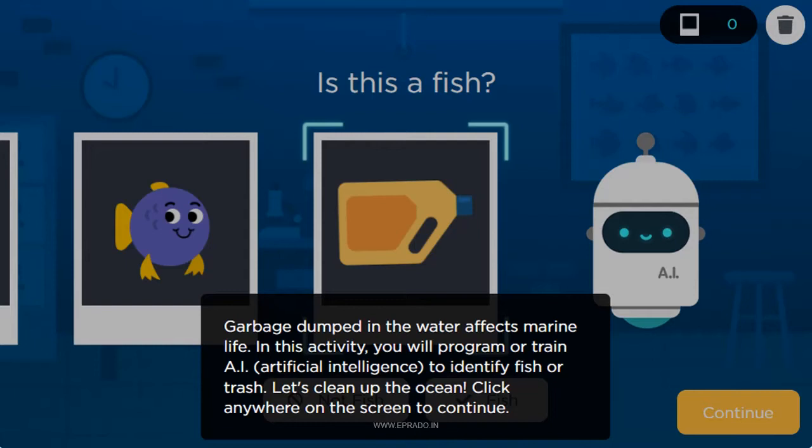So let us try a small example of AI training. Now we are going to make a robot that can detect objects in the ocean, so that we can remove the pollutants in the ocean. In general, garbage is being dumped and the ocean is filled with it. In order to detect the objects, we are going to train the artificial intelligent robot. Let's start this.